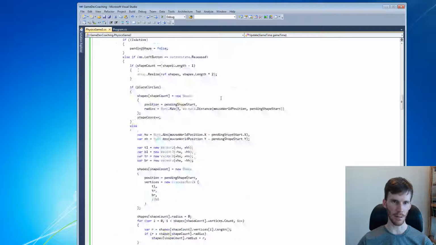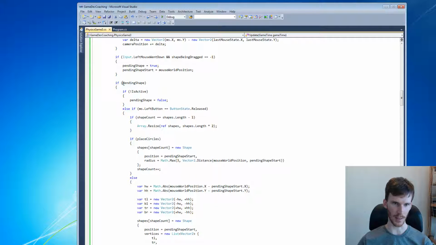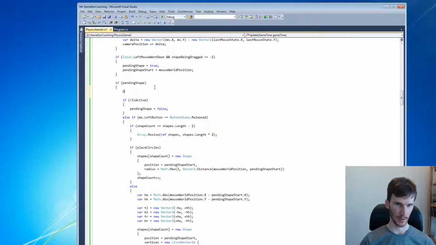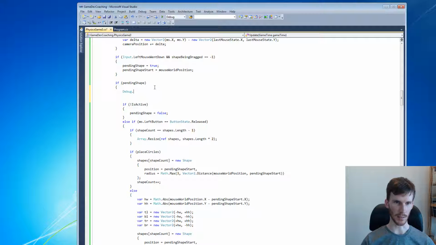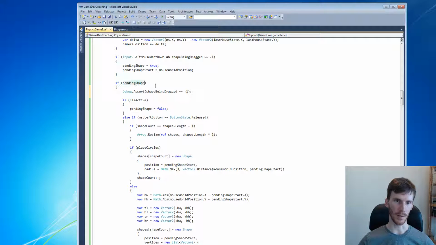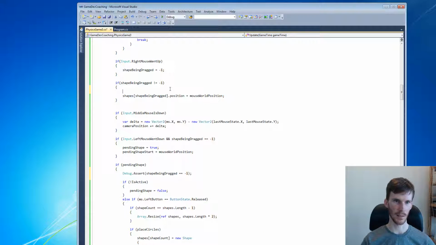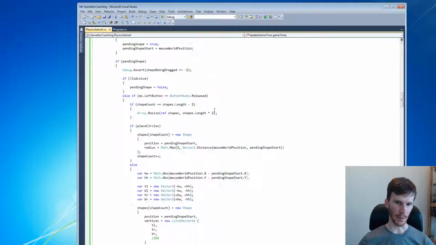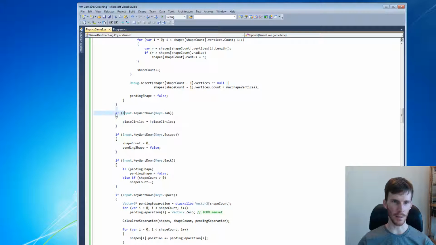And so we keep going down the update methods, like, okay, if pending shape is true, we know that shape being dragged is false. We could even debug assert that if we were so inclined, shape being dragged equals -1, and we could also assert in here. I don't know if we ended up doing that, but that's the thing we could do. And then we come down here, it's like, all right, well,